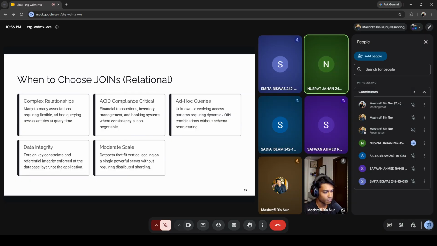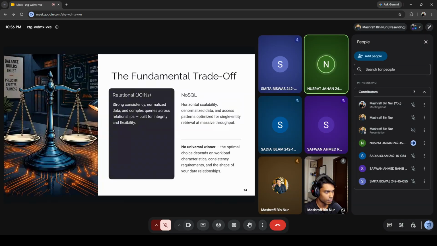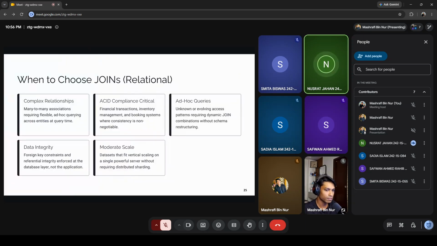Here, we can see the fundamental trade-off between relational databases and NoSQL. Relational databases, especially when we need joins, are strong in data consistency, normalization, data integrity, and complex relationships. On the other hand, NoSQL focuses more on horizontal scalability, high throughput, and